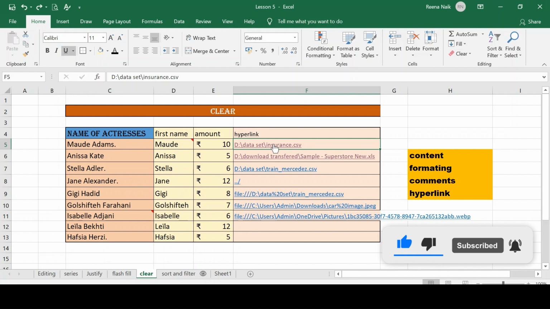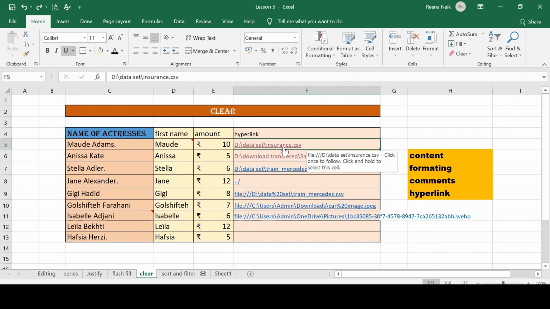Once you click here, it will link. This is linked to another folder. It shows the location where your file is located. So once you click here, it will direct you to that file location, and your file will open.